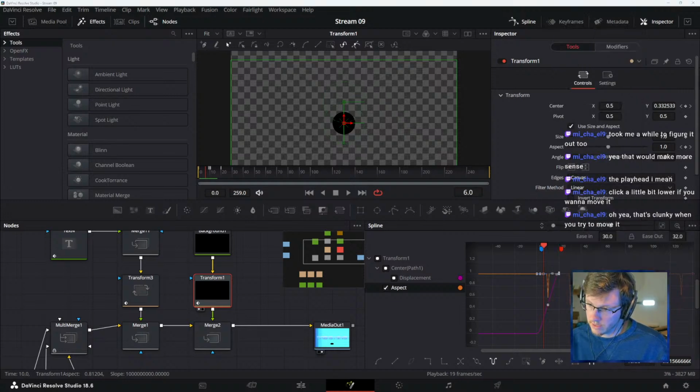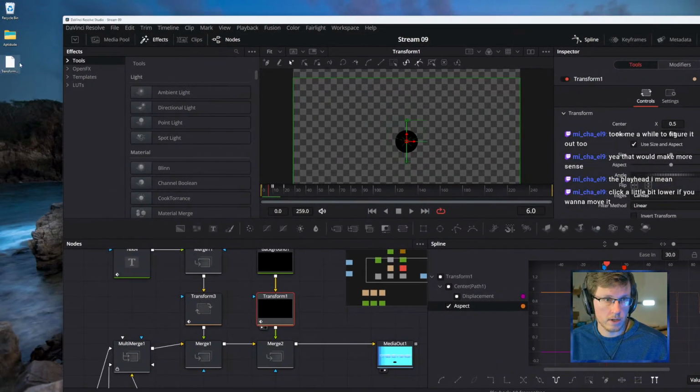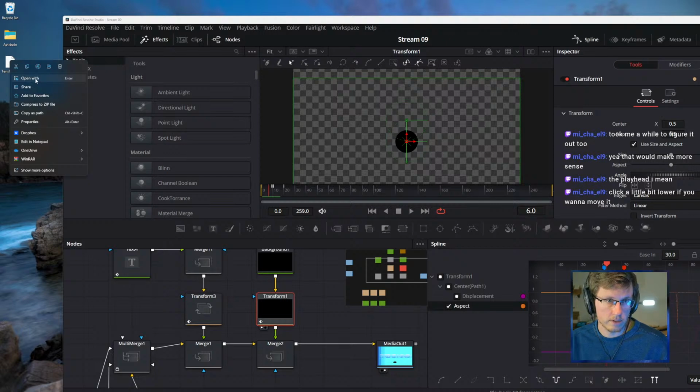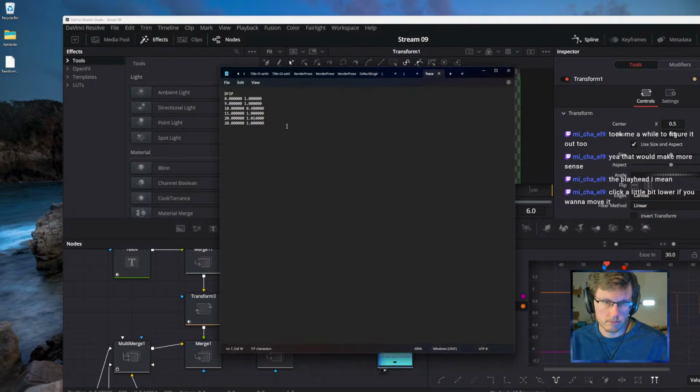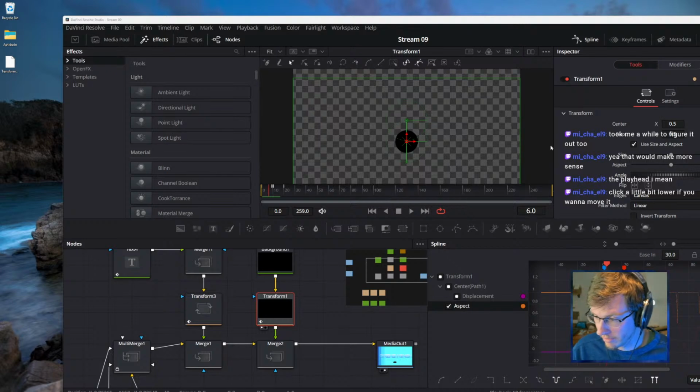And then it's saved as an SPL file. And here it is. We can open it with the text editor, and I think it's going to look crazy. Okay. That's not what I was expecting, but that's it.